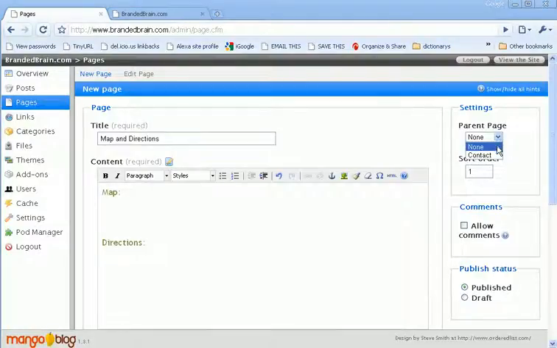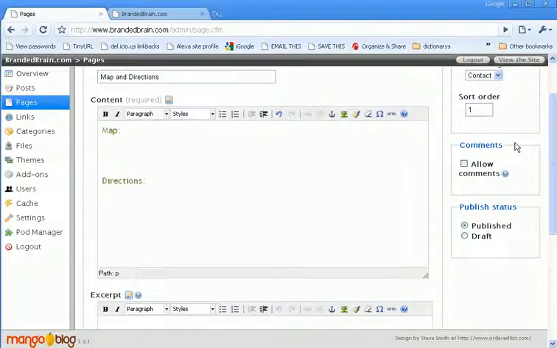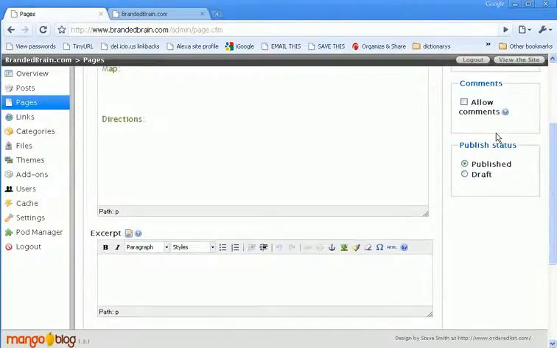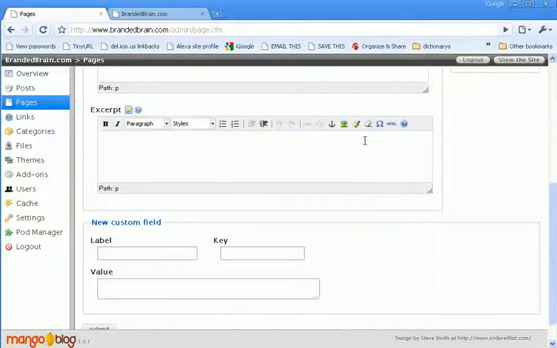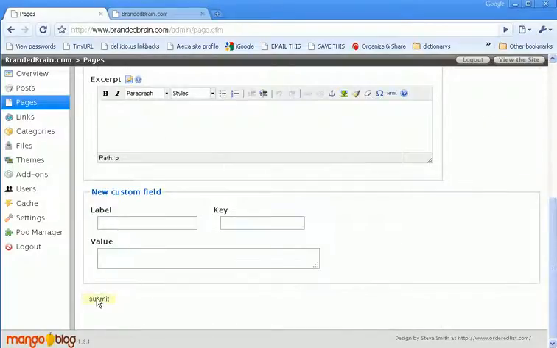Now, in order to make this a subpage or sublink, we're going to need to choose a parent page, and as we've already decided, we're going to use that contact page, and it's going to be the first link in the order. And of course, if you had a series of links underneath that contact page and you wanted to order them, then you could change the order by changing the number here of the order, 1, 2, 3, 4, of course. And basically we've got everything we need to add our subpage, so I'm going to hit submit,